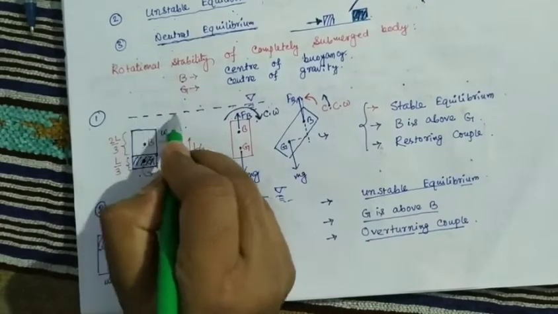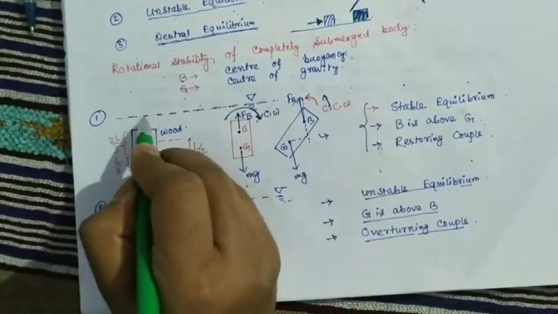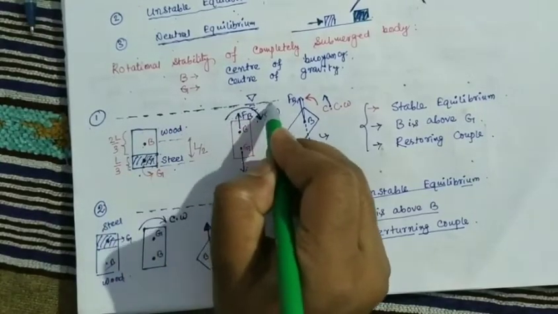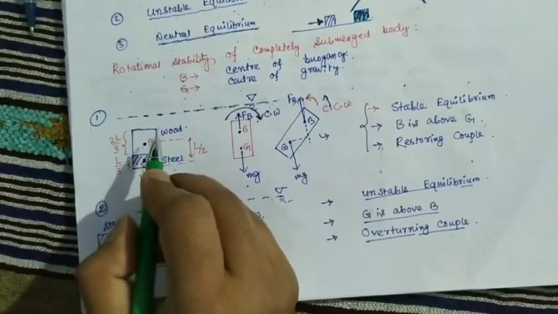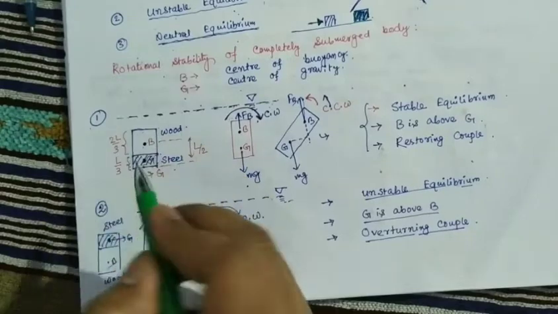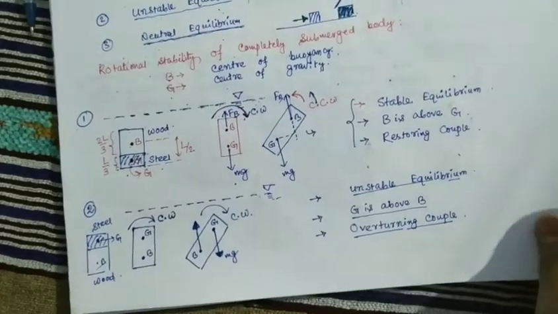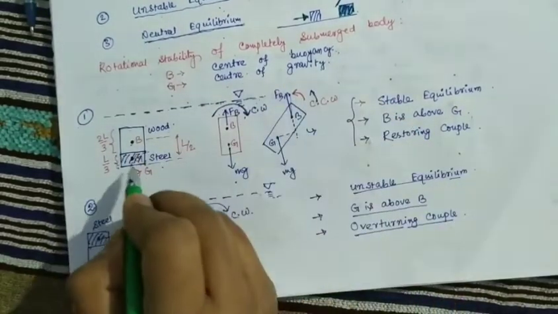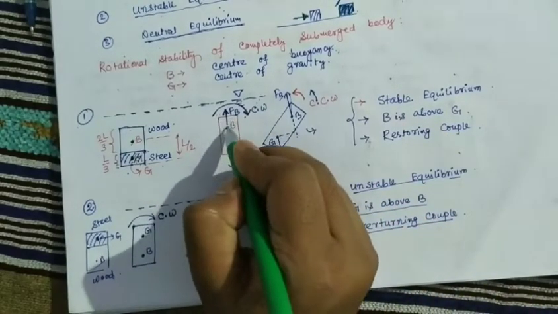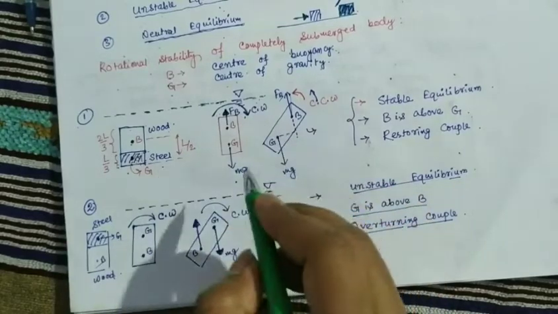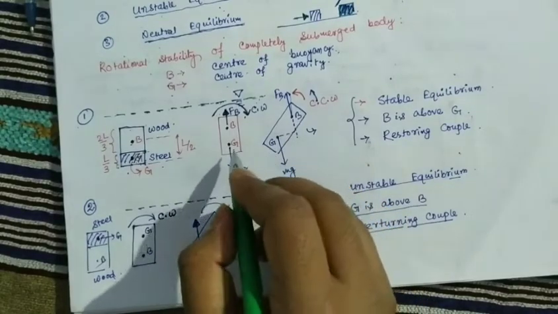It is the free surface of water, whatever kind of fluid it may be, but the body is fully submerged in the fluid. So the center of buoyancy will be at the middle, because it is a rectangular body which is fully submerged in fluid. B is the center of buoyancy, G is the center of gravity. The buoyancy force will act in the upward direction, and from G, the center of gravity, the weight of the body will act downward.